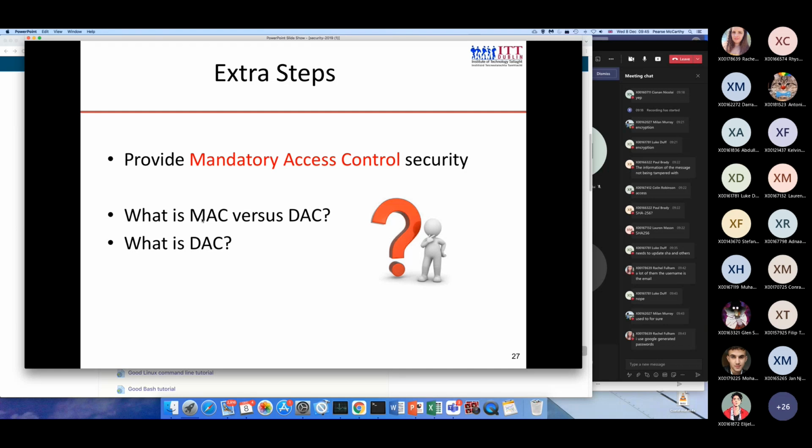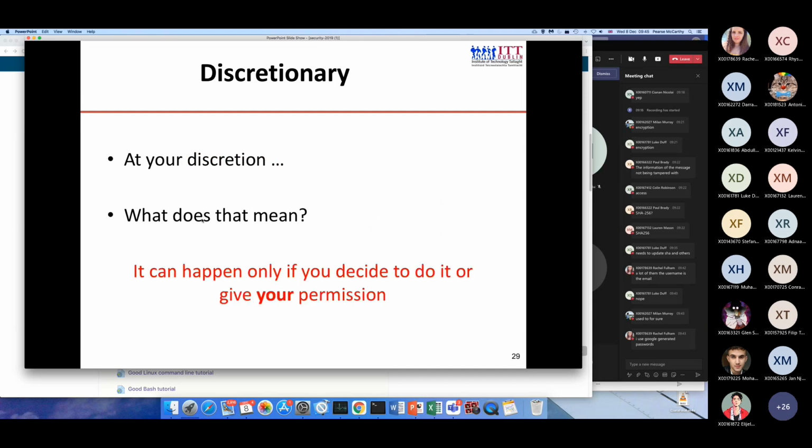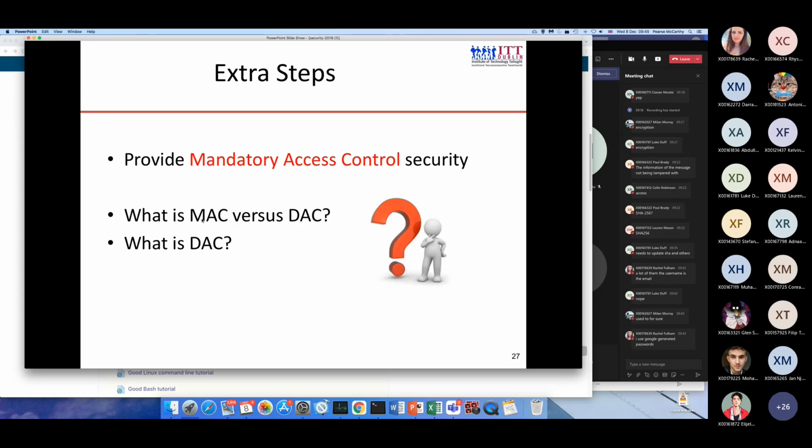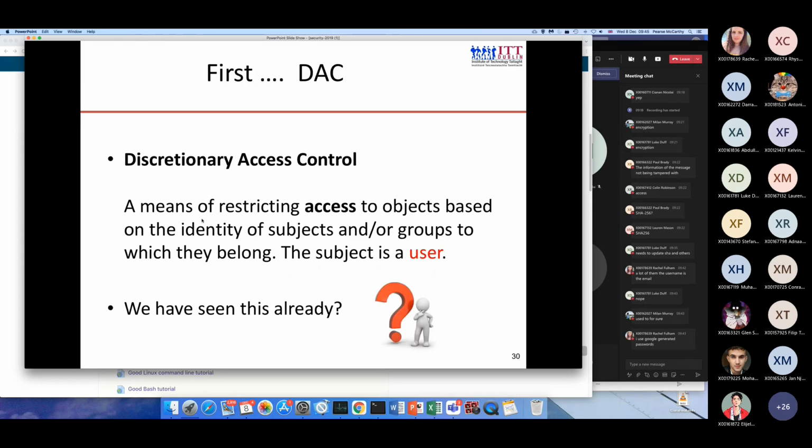That's what DAC is, right? Discretion, what does that mean? Discretion means you can decide. It only happens if you decide to give your permission. So we're going to discuss these two. An example of discretionary access control